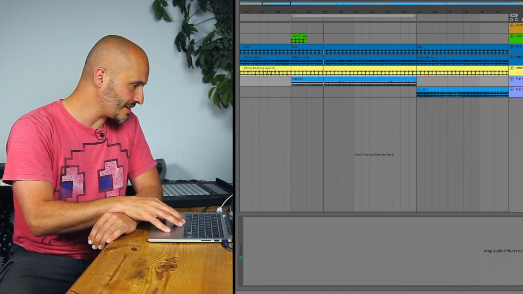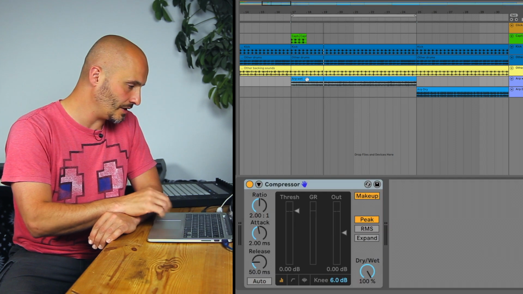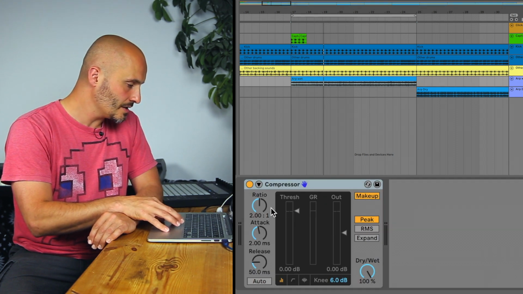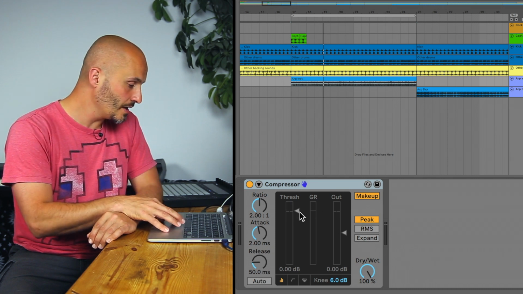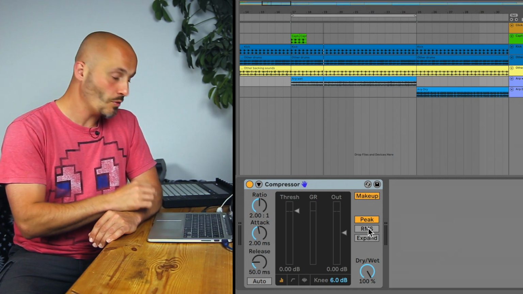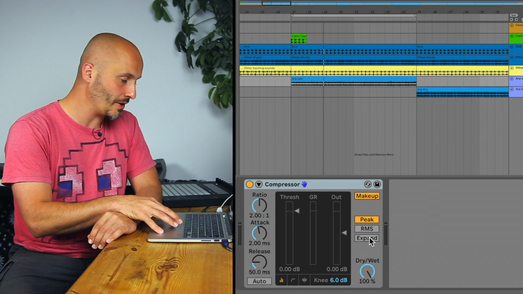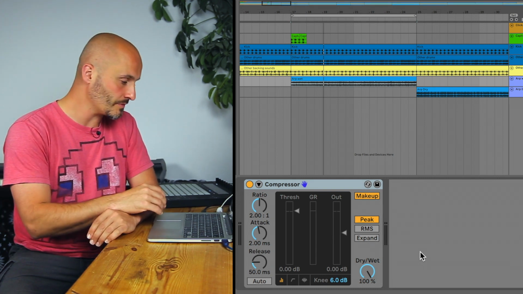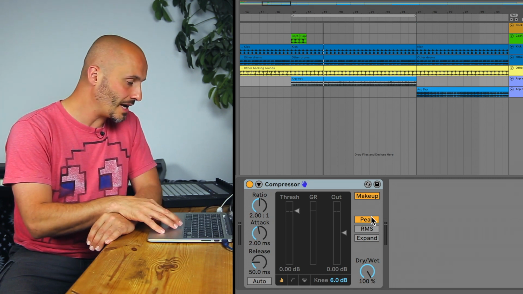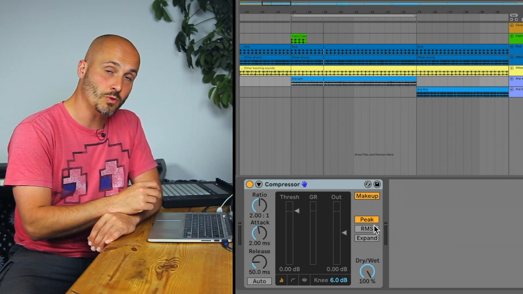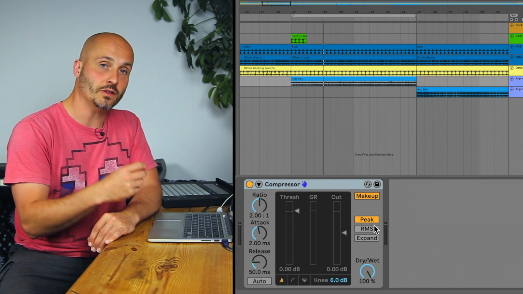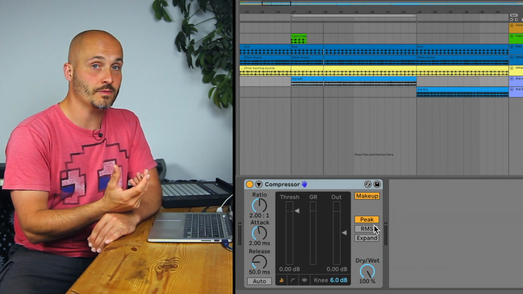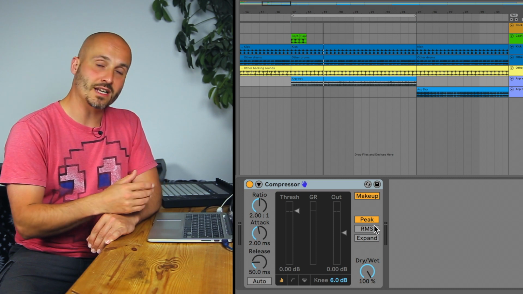We're going to get another compressor device just so we can have a look at some other settings here. So we've done ratio, attack, release, looked at the auto function, but we have threshold and we have these peak and RMS behaviors. We're talking about compression today, so we're not necessarily going to talk about expansion, which is the opposite, making things jump out of the sound in terms of its volume. But we have peak and RMS. So peak basically is what we've already been using. It is quick enough to follow the peaks. That's the main thing. So RMS is different. It's an averaging